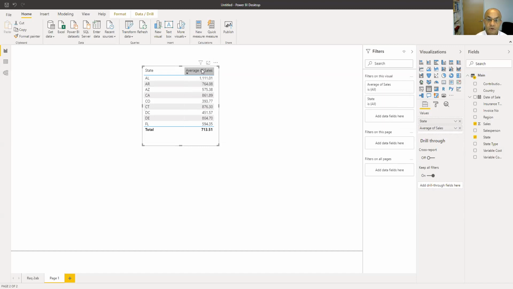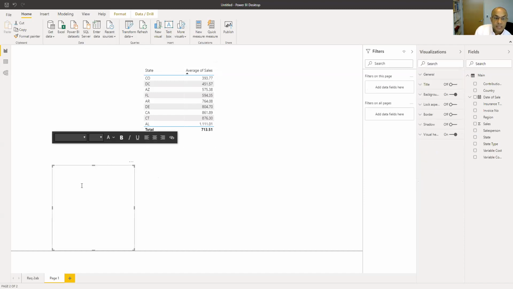So here, if you click on the average sales, it tells you that Colorado has the lowest average sales and Alabama has the highest average sales. So if the total sales in Delaware is the highest and DC the lowest, it doesn't mean that the average sales in each one of those states are matching. It could be different. So we need to write our conclusion here, and we say